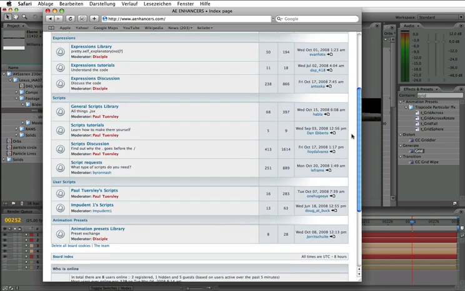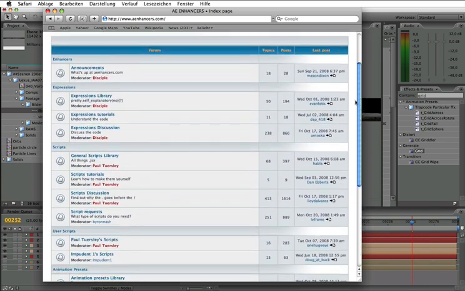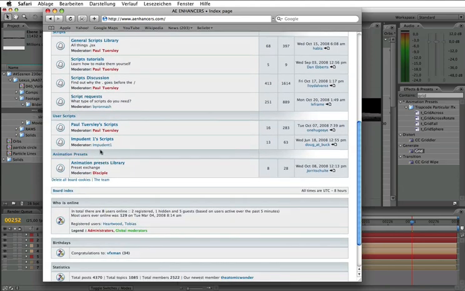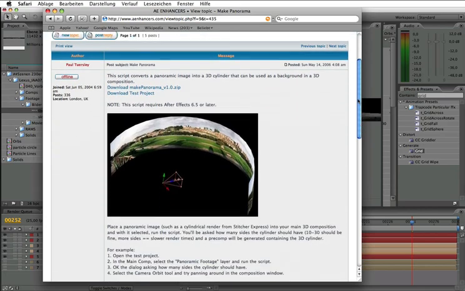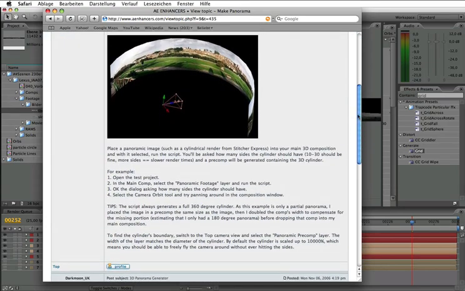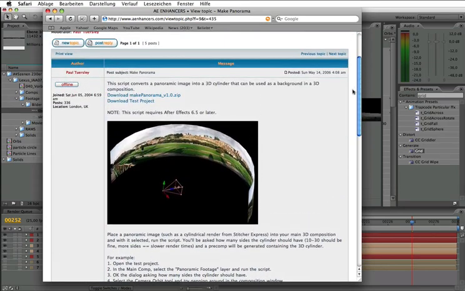There's also a wonderful find there, a script from Paul called Make Panorama. The explanation is excellent, and it will show you what you can do with it. What it does is turn a flat layer into almost a torus-like